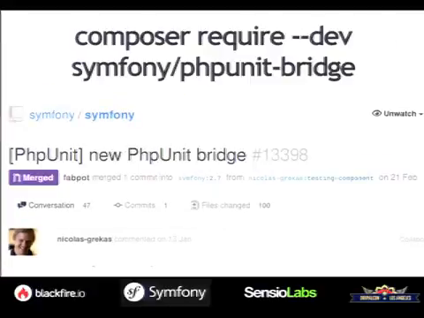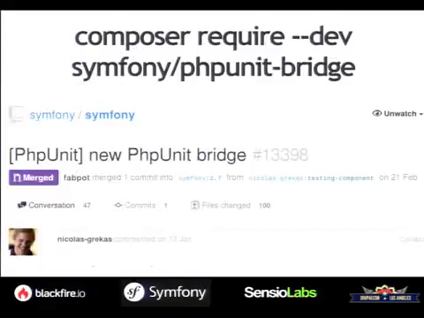To make it easy, we also published a PHPUnit bridge that automates a lot of what I've just talked about. And again, it took months for us to get it right, so you might want to reuse what we've done.